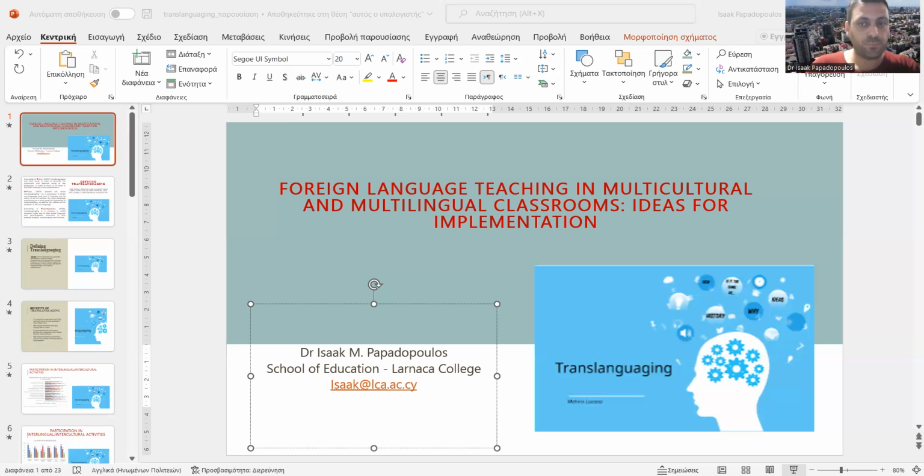So in this presentation, I am going to be presenting some very important principles that are related to what we need to say about this translanguaging model. This translanguaging model says that the students need to explore the space, to observe the cards in English and in Greek, to find objects, to give objects, and so on and so forth. Moreover, the students should act in a familiar context, of course, and here we can see